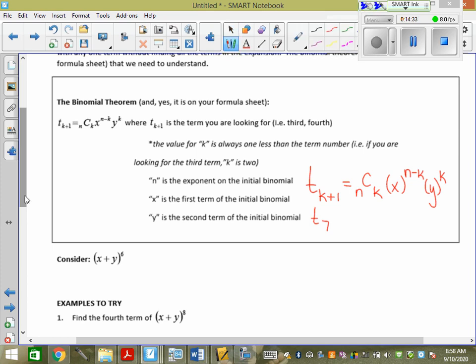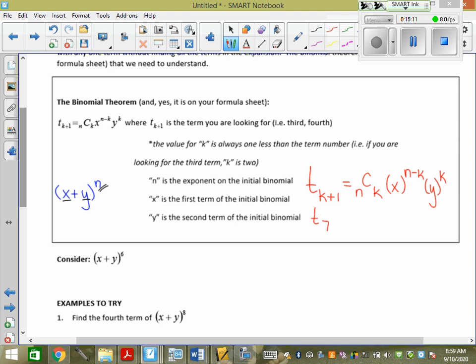So that's the formula you're going to use. With the binomial that they give us, we have x, y, and n immediately. If they give us a binomial, we have all three of those things, because it says on your formula sheet, in the form (x + y) to the n. It needs to be in that form when they give you the binomial. Then whatever's in this spot here is what x is, and you fill it in for all the x's. What's in this spot here is what y is, and you fill it in for all the y's. And what's up here is what n is, and you fill it in for the n's.